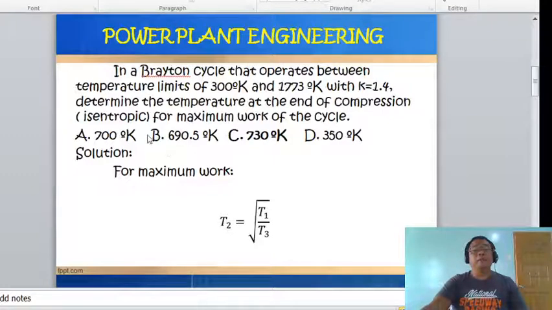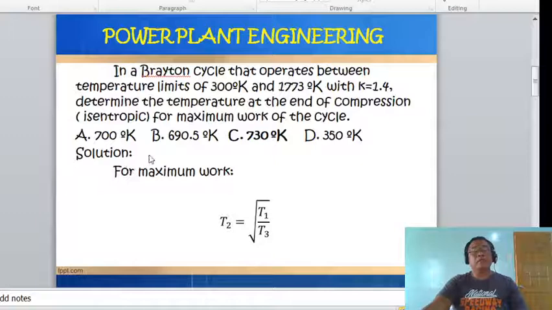Determine the temperature at the end of isentropic compression for maximum work of the cycle. Take note, class, maximum work. Therefore, since maximum work is required, we utilize